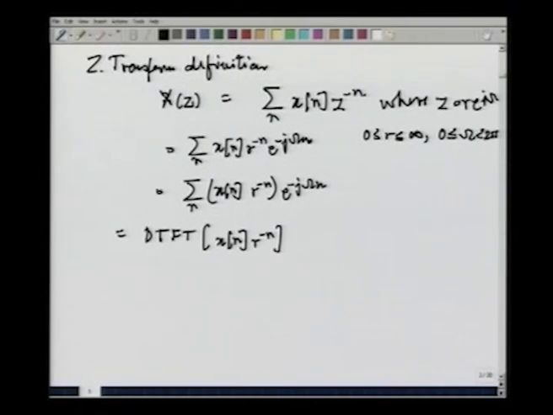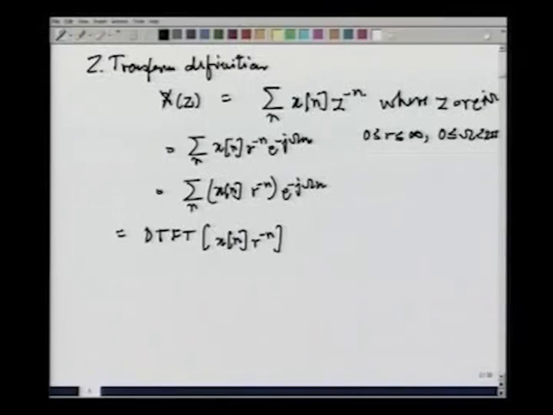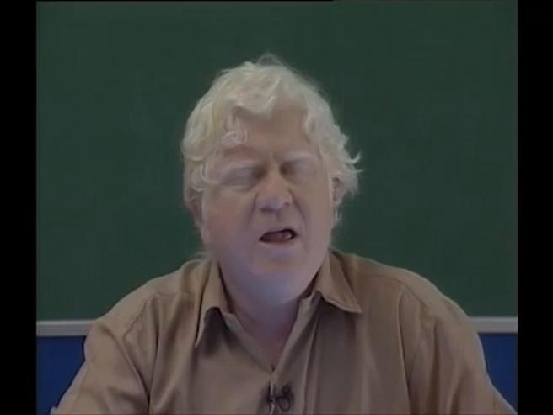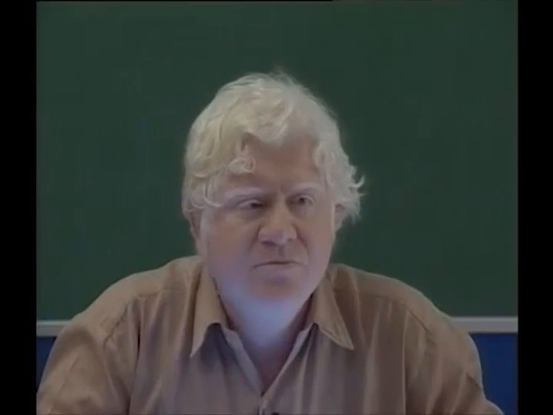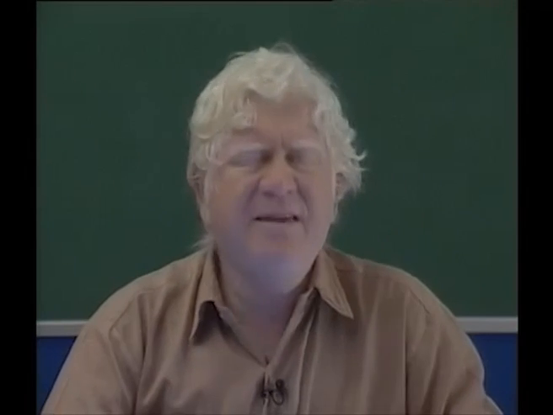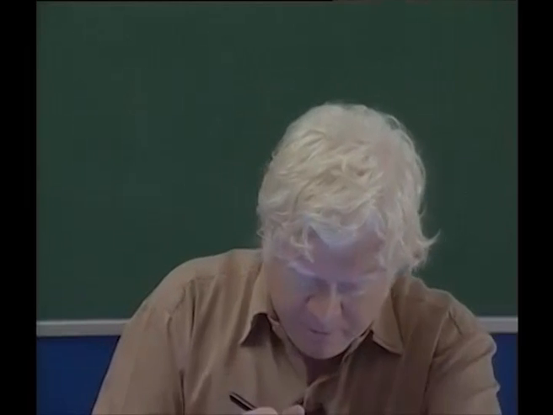Exactly what we did in the case of the Laplace transform, where the real exponential we multiplied with was e to the minus sigma t. Here we are multiplying by r to the minus n. Fine. So, at all times let us not forget that the Z transform is the DTFT of a modified version of the original x[n]. So, now having seen this much of it, we will see if we can compute the Z transform for some simple functions. For example, let